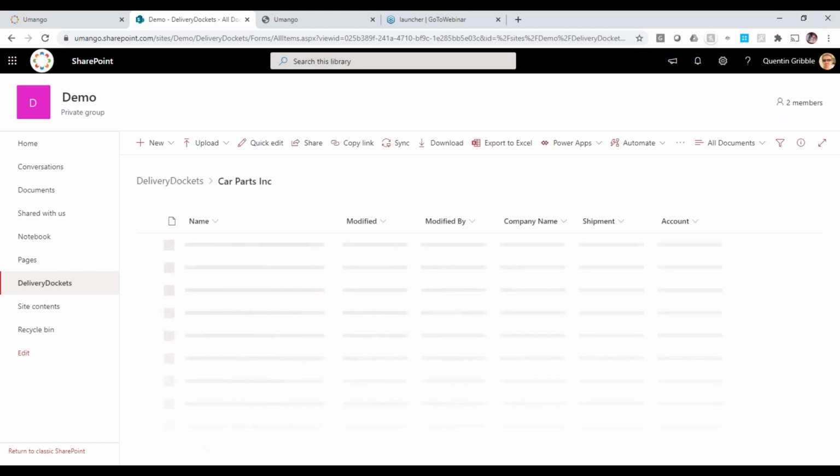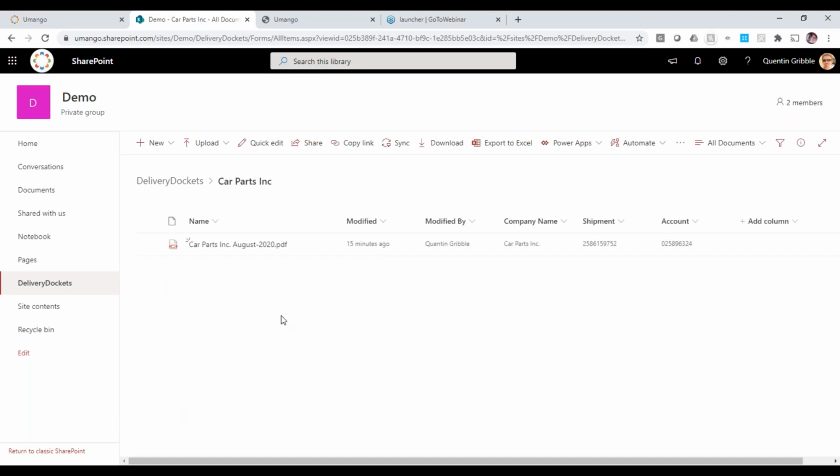And let's just have a look at one of these. Come on, SharePoint. You can see we've named our file based on our rules. So Car Parts Inc., we lifted off the document. We said we wanted to name it the month and the year. So there you can see we've automatically done that, but we've also placed into the metadata columns within SharePoint the company name, the shipping number that we lifted off the document, and the account number that we lifted off the